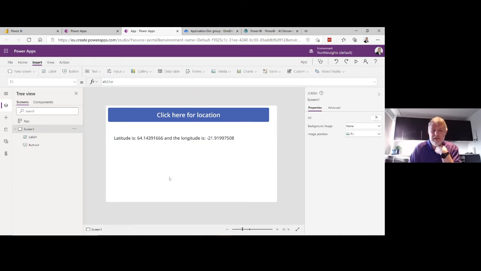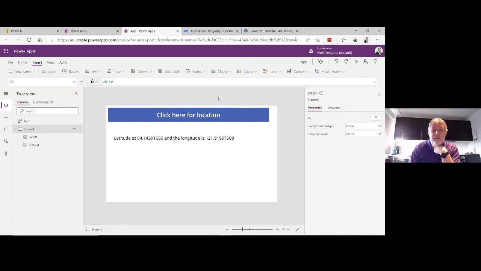So that is nice. So I really don't need anything more than this, but I actually want to get the address. I don't want to get the latitude, longitude. I want to get the address of the people. And the reason why I want to do that is simply because I like to. Nobody can interpret latitude, longitude on a screen, and because I can, I want to show you how you can use connectors in Power Apps as well. So this is nice, but I want to get the actual location.